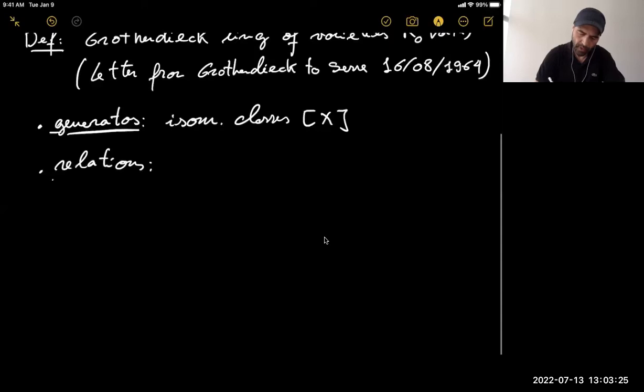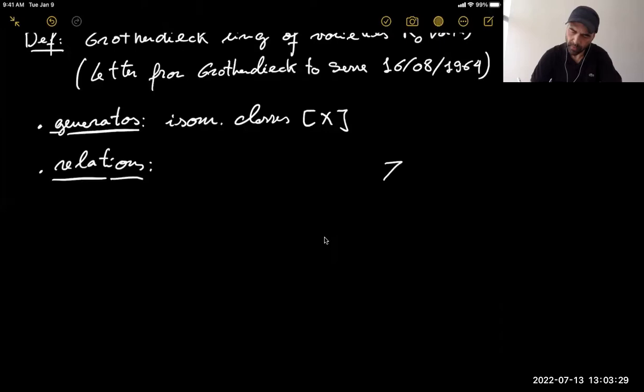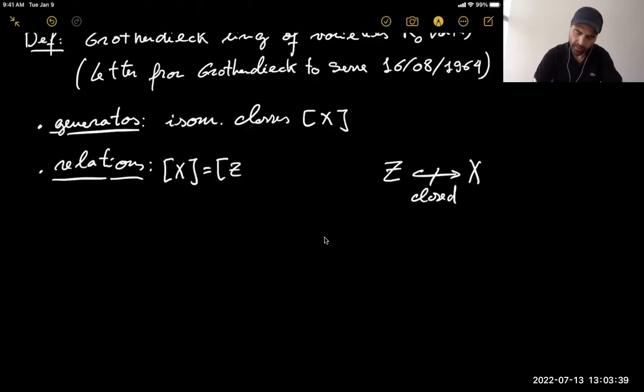Whenever we have a closed subscheme Z inside of X, the class of X becomes equal to the class of Z, the closed subscheme, plus the class of the open complement, X minus Z. These are usually called the scissor relations,